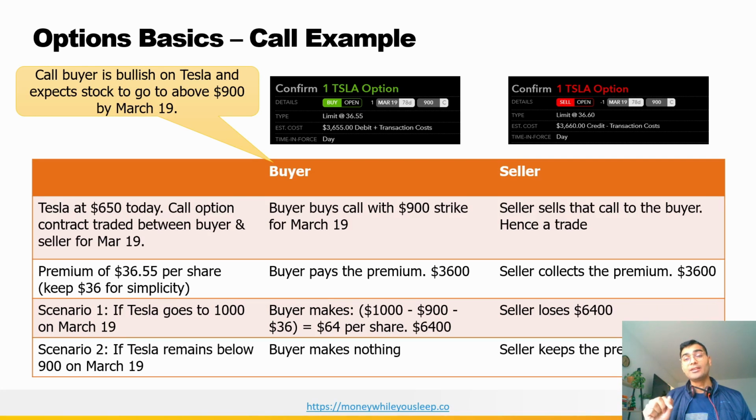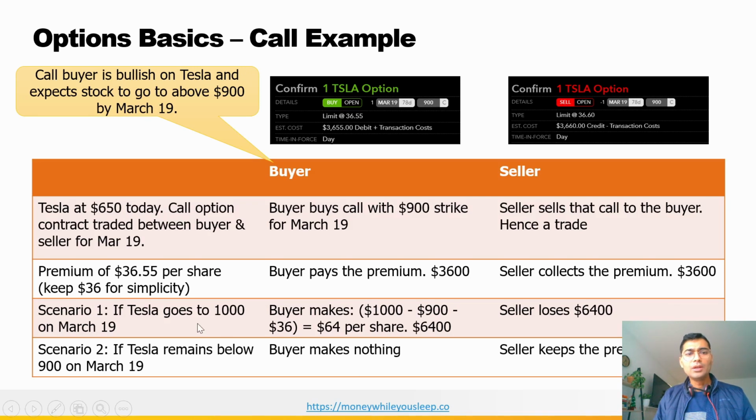And March 19th is the date when the consolidation of this particular contract will happen. And after that, there is no contract at all. Buyer and seller, they will dissolve this contract, and it is a done deal. And by the way, the contract can also be closed earlier, not on March 19th only. And whatever will be the price of that contract on that particular day, that's how the deal or the trade is going to happen. But let's look at what can happen on March 19th.